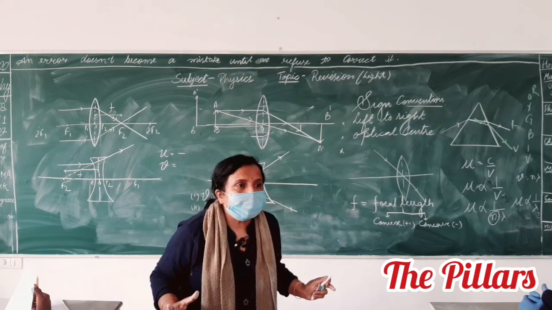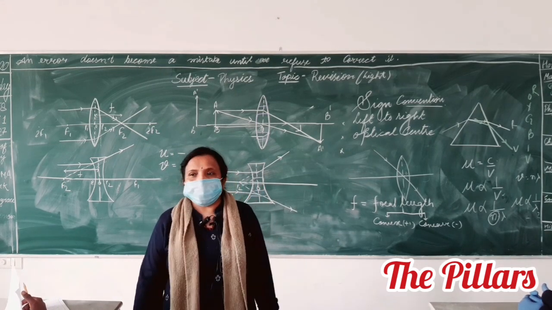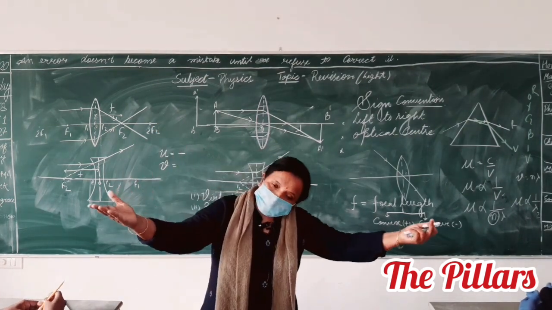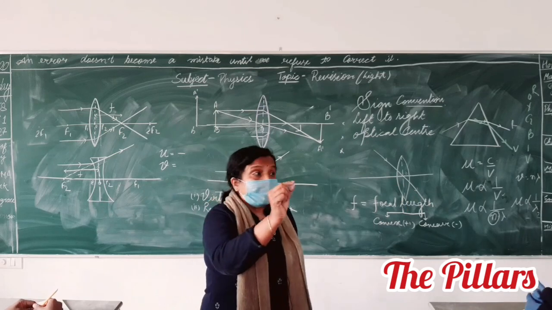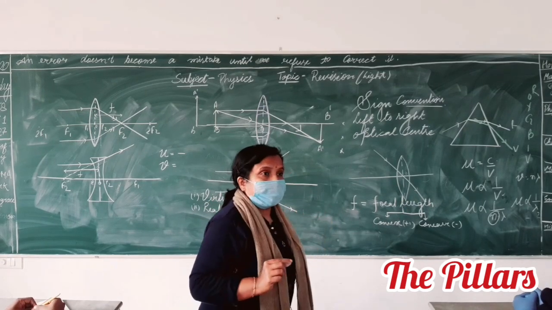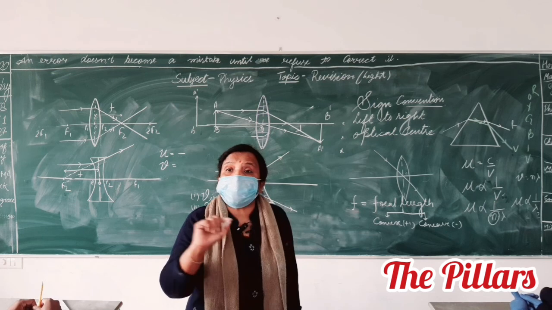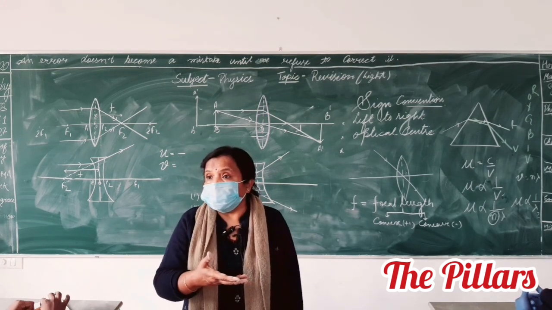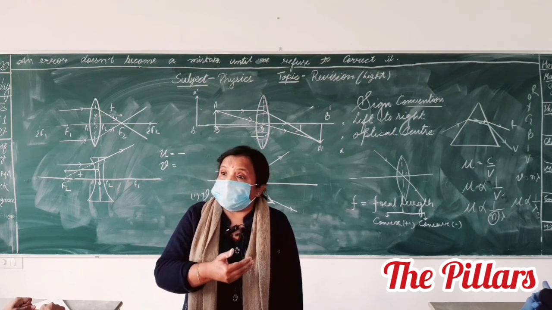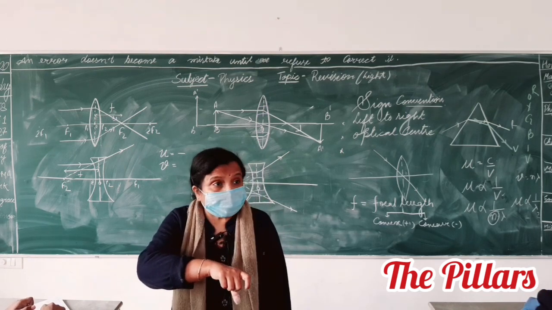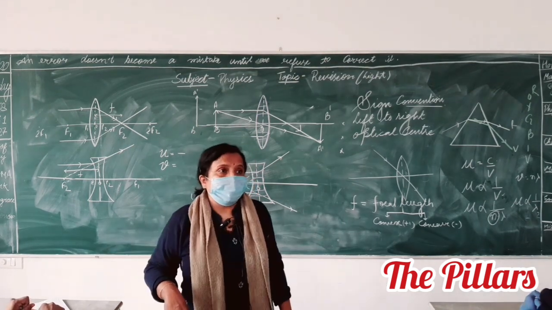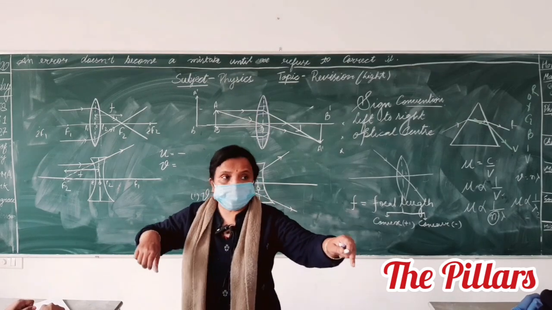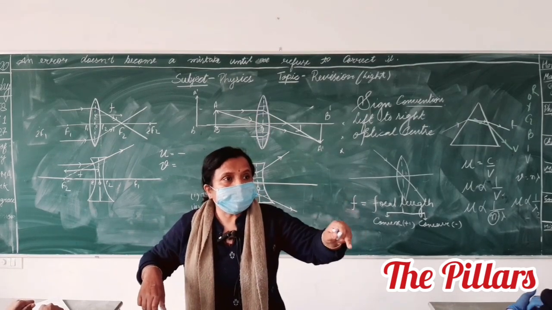Clear, Shashwat? We can also write it if we can find them on the slate. Yeah, of course. Why not? See, if the question asks you, listen to me: distinguish between virtual and real image. Refracted or reflected rays, if they appear to meet, virtual; and if they exactly meet, real. Virtual cannot be taken on screen. Real can be taken on screen.